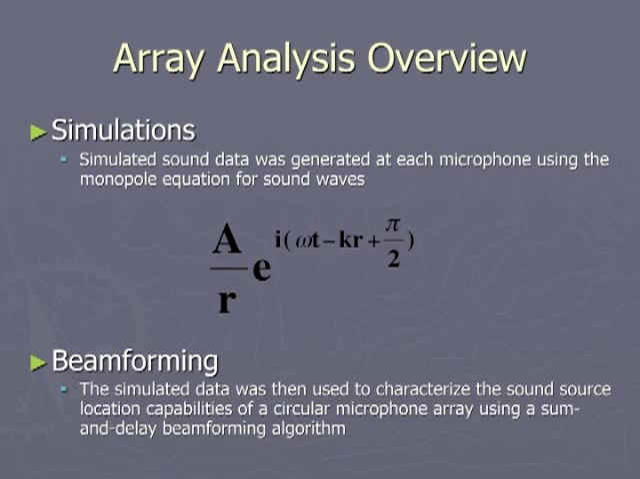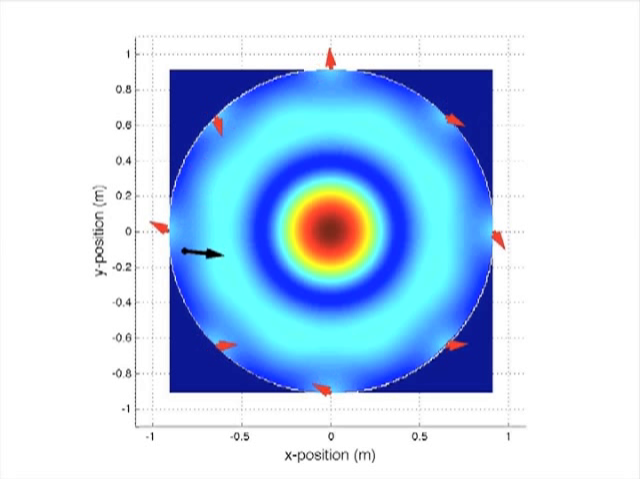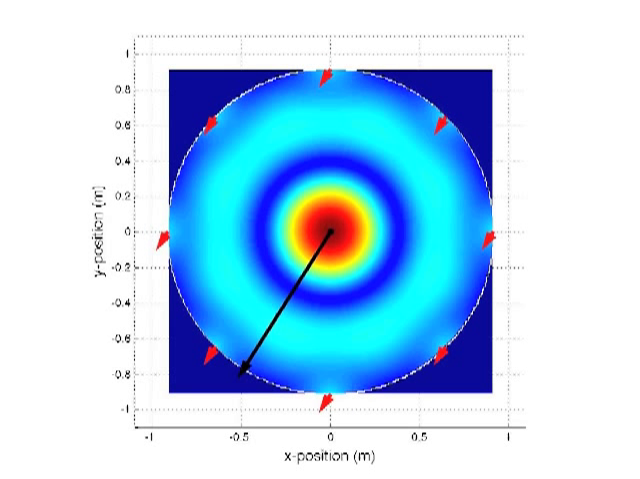The following animation depicts the sum and delay beamforming algorithm process. The red arrows represent the phase and amplitudes of the signals at each microphone when they are delayed based on the distance that they would have to travel to reach that microphone from the supposed location of the sound source. The black arrow is the sum of all the delayed microphone signals. At the center, where the monopole is located, all the red arrows are aligned, which results in a maximum amplitude